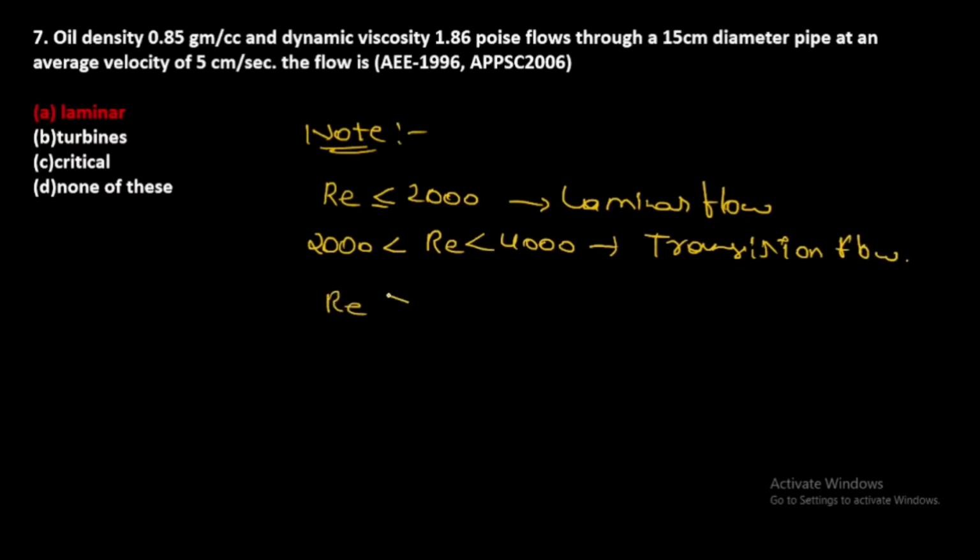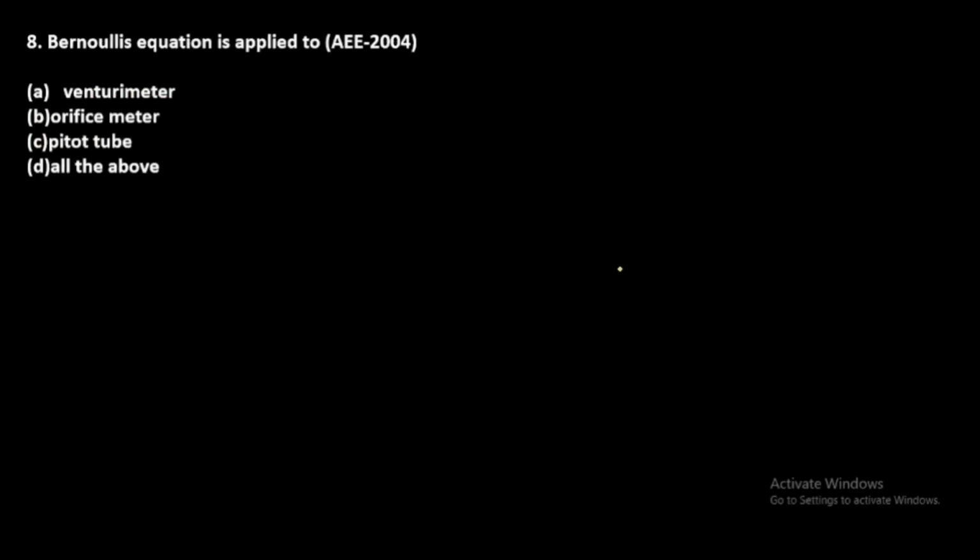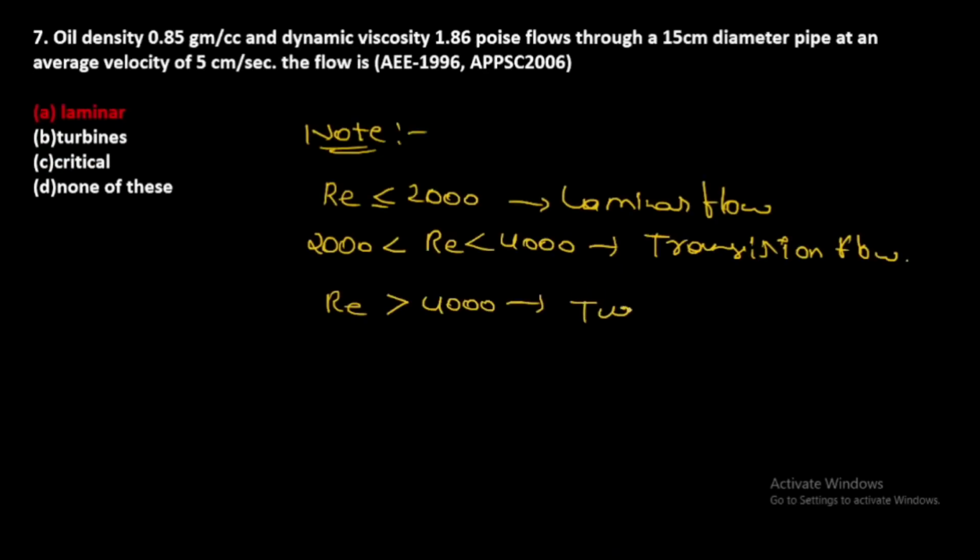And Reynolds number greater than 4000, it is called turbulent flow. This condition is applicable for flow in a circular pipe only,